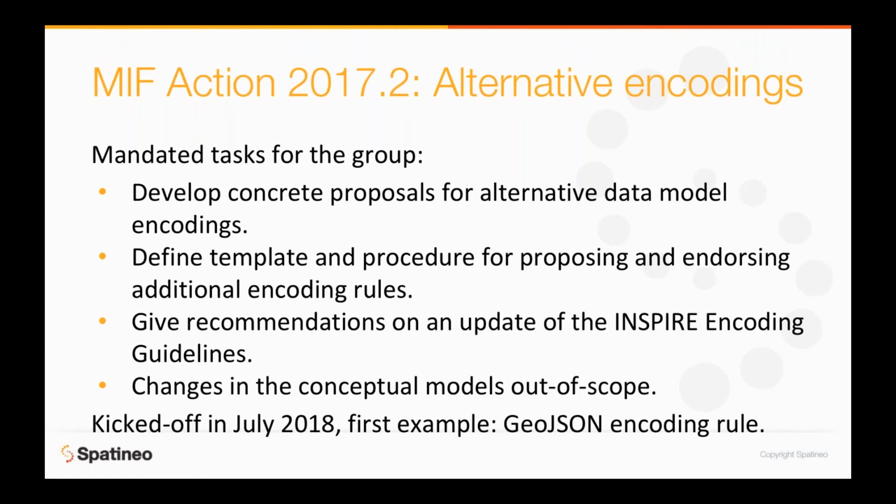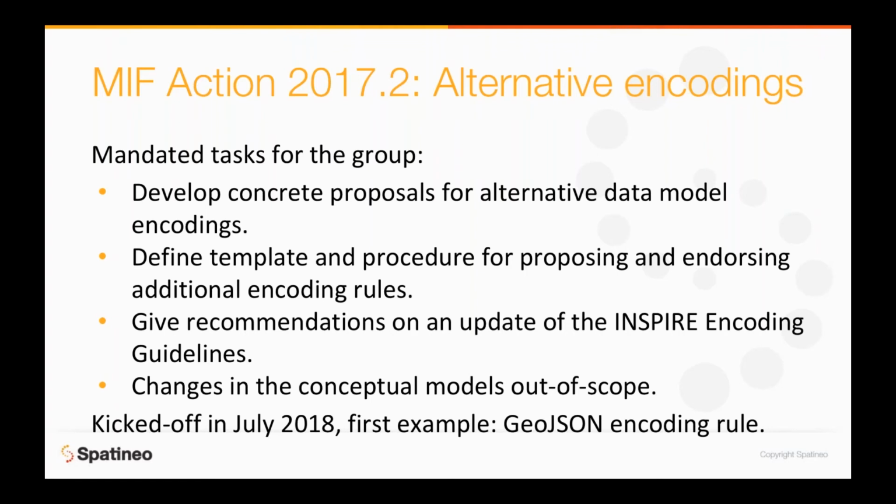And the thing to note here is that changing the actual INSPIRE conceptual models, so the ones that you can find in the data specifications, is explicitly out of scope of this group. So it's only about